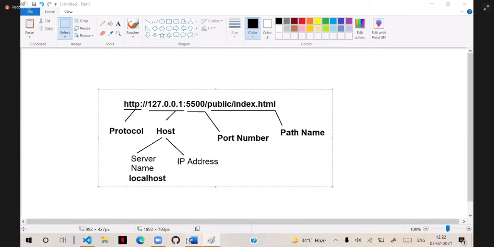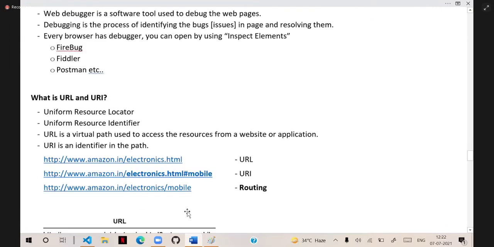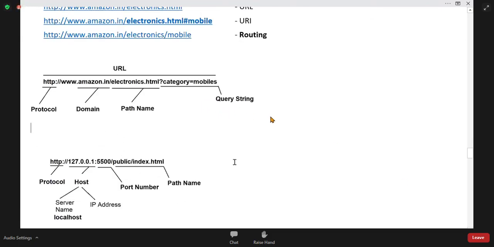So this is technically how the URL looks like. What is the meaning of the port number, protocol, path name, host, and what is the difference between them? What is domain? These are all technical terms you need to understand now.